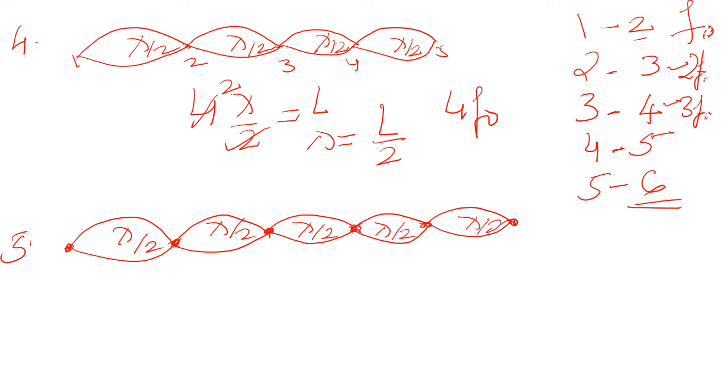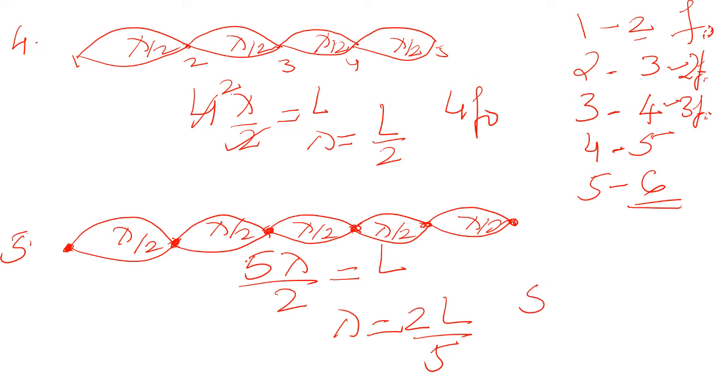Where are all these lambda over 2 coming from? Because all these are nodes, and the distance between two nodes is always lambda over 2. So we have 5 lambda over 2, and again the length is the same for the string. So finally, we have lambda as 2L over 5,